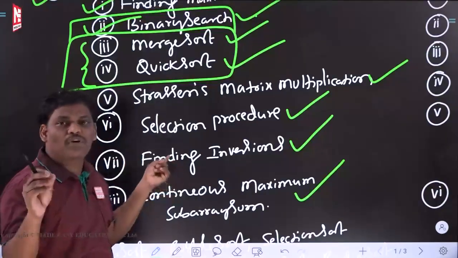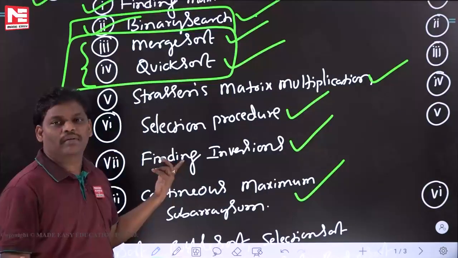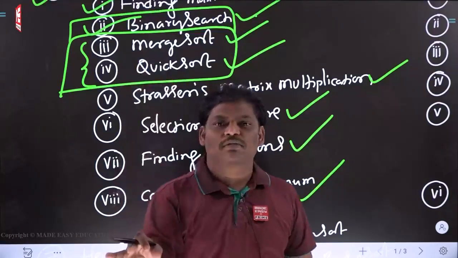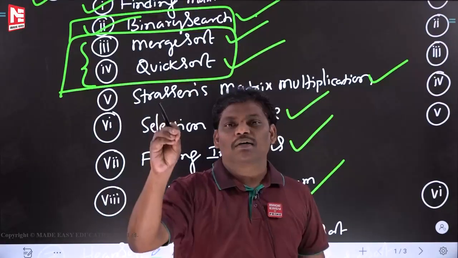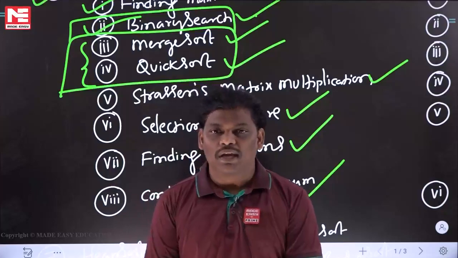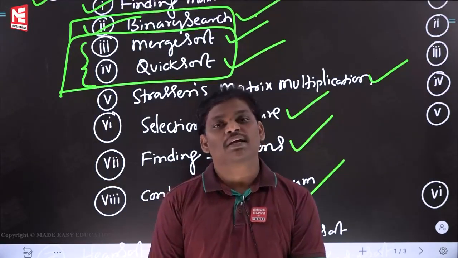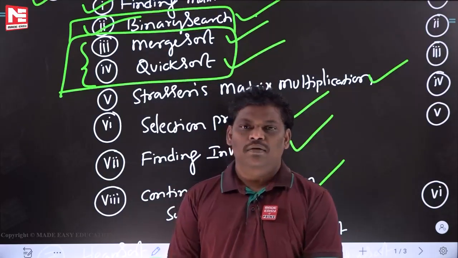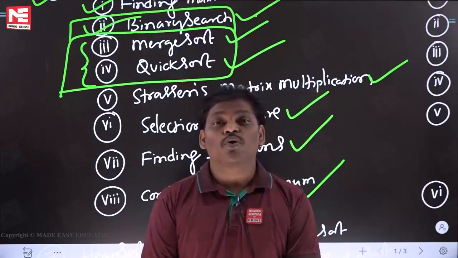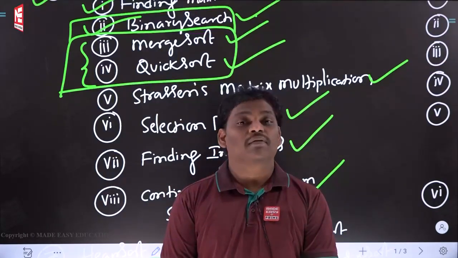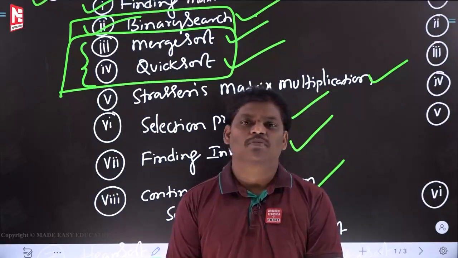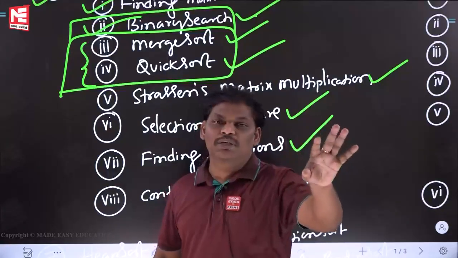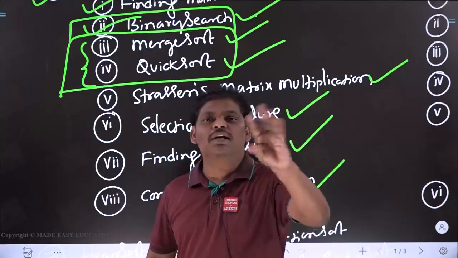Suppose you don't study, and unfortunately a question comes from this, you will feel bad. In the algorithm subject especially, I am telling you, don't go selectively. Complete all. If any computer science person is so good in algorithms, definitely you will get a very nice job. Really, I am telling you, you will get a job in a very good software company. So don't think this is easy, this is tough. Please try to complete the total algorithm subject as efficiently as possible.